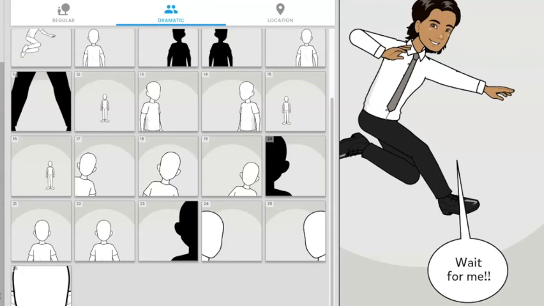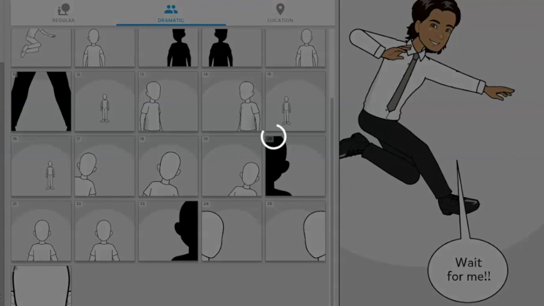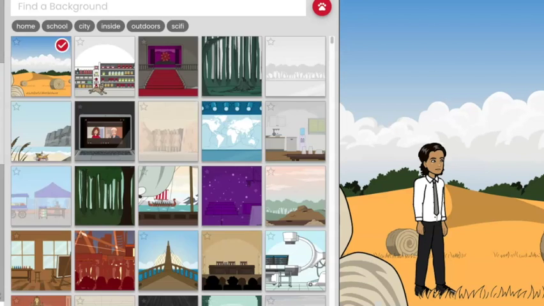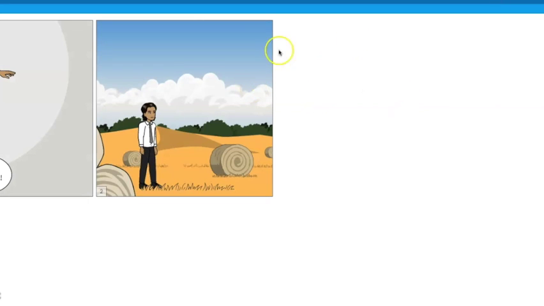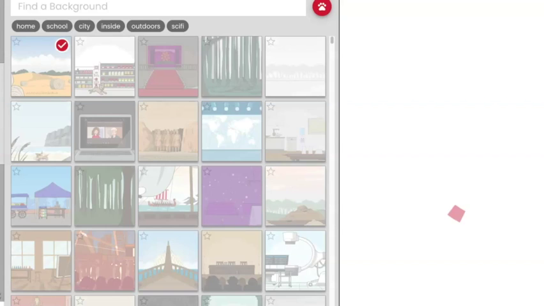If you want to add another panel, you can hit add a panel. You can even copy the same background that you have on the previous one. Once you're done with your panels and you are happy with the design, you can hit done. Name it. I forgot to name it. Sorry about that. Here is your sample, and from here you can download it, print it, or share it. If you ever want to go back and edit, you can edit it from here and change anything that you want to change again.